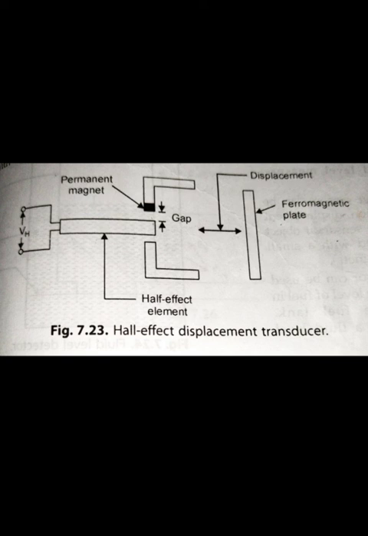Following are the advantages and disadvantages of the system. The advantage is that it requires very small space in the direction of the magnetic field, and thus the Hall effect element can be inserted in narrow gaps for magnetic measurement in the airspace. And the second advantage is that the Hall effect element gives out a continuous electrical signal in direct response to the magnetic field strength.